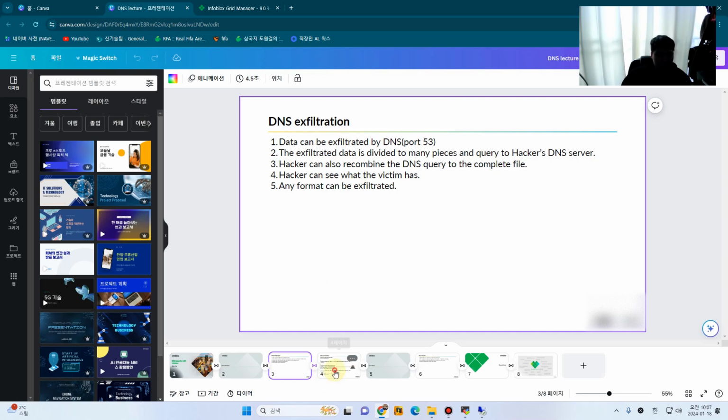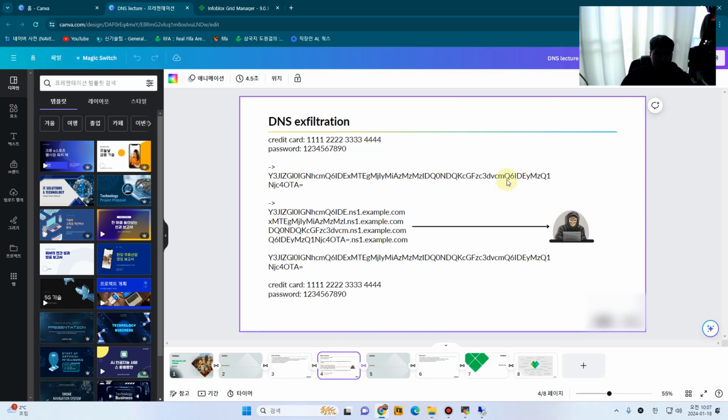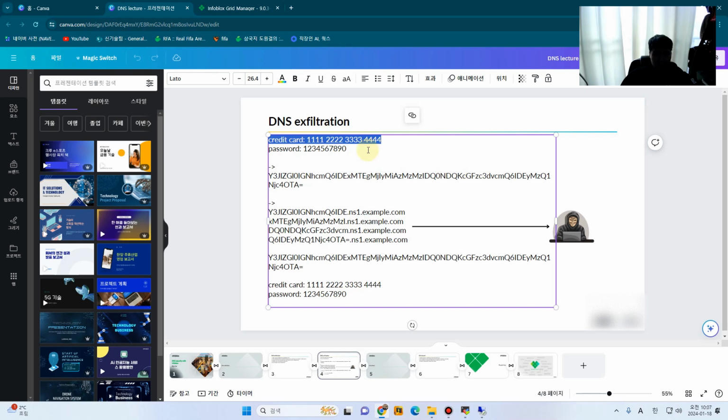What does this mean? You see this slide. Suppose there is a file which contains this text: credit card, 111 222 3333 4444, and a password like this. When the hacker uses DNS exfiltration, the hacker will encode this text or file into a code. Like I use base 64, and it will be encoded like this. And the hacker will divide this encoded text into many pieces, and in the end he uses